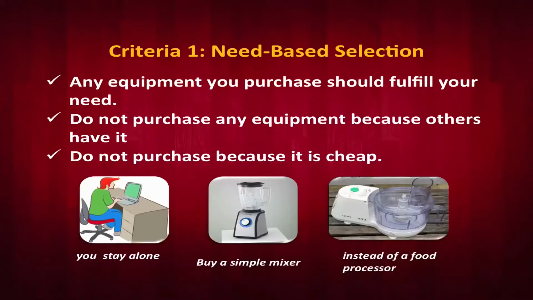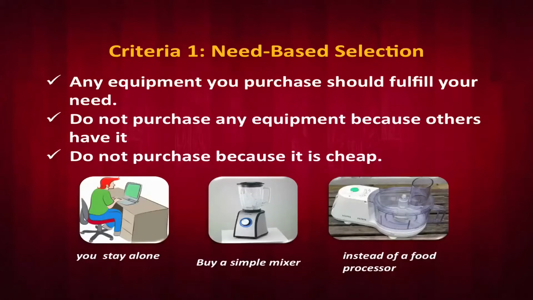So first we will begin with need-based selection of the product. I will start with a simple example. If you are living alone in a hostel or away from your home and you need to do your everyday activities on your own, you don't have any other help. So you have purchased a 7,000 rupee food processor which has everything: juicer, grinder, mixer, grater, atta making. But you just require it only to make a milkshake. Exactly. So you need to be very clear what your need is, and accordingly we need to have the product. Otherwise you will just end up wasting more than saving.